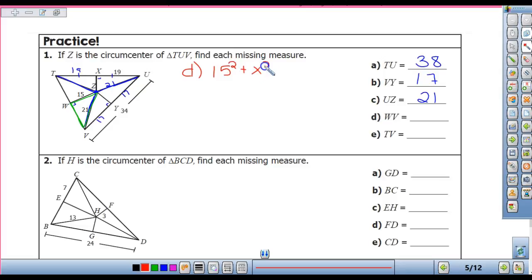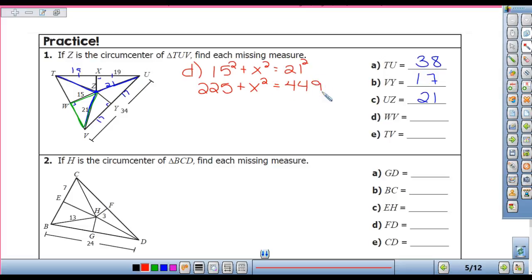Squared plus x squared equals 21 squared. This is where I need your help. 15 squared is 225 plus x squared equals